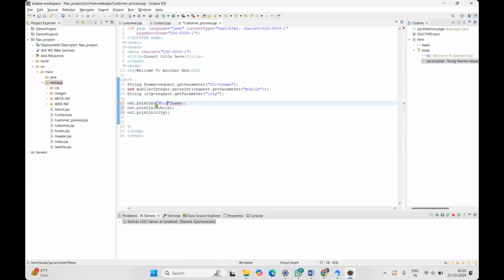One second, this is first name. Okay, this mobile number. Location, location, and saving it,